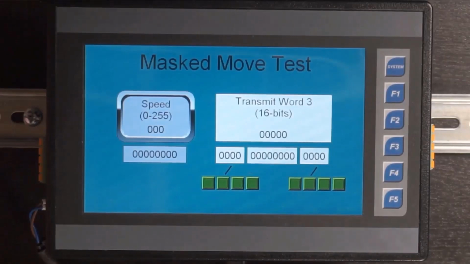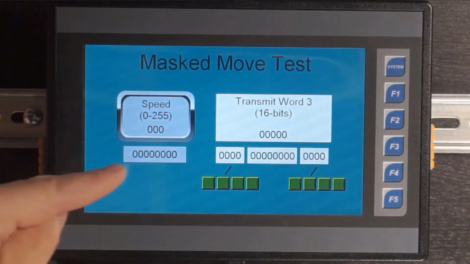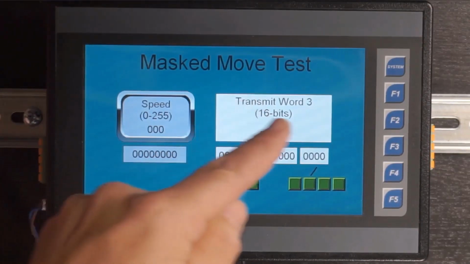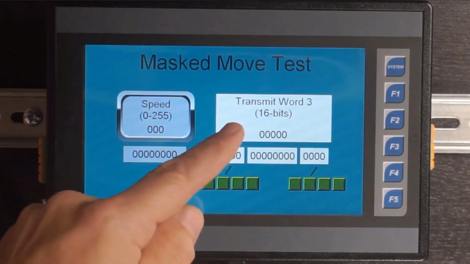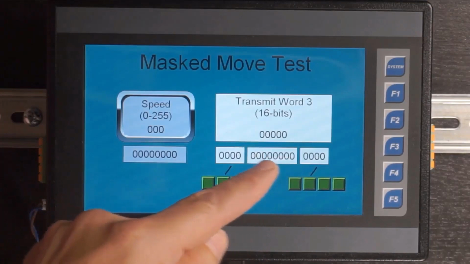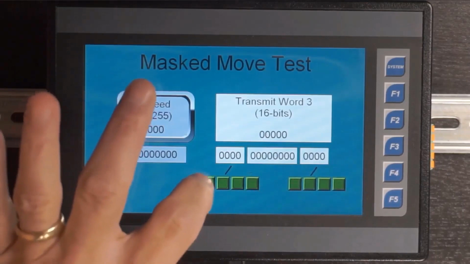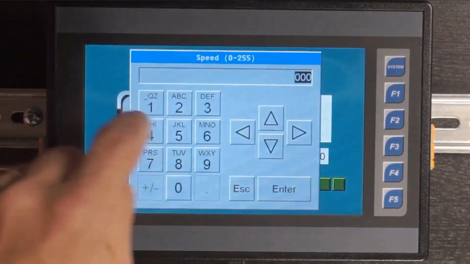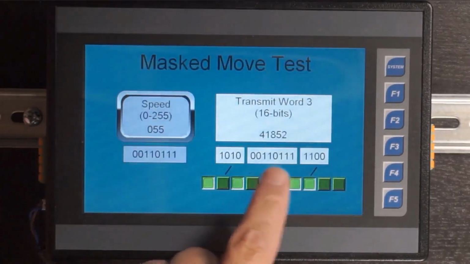Now we'll have a benchtop demonstration to see how the process works. We have the speed value ranging from 0 to 255, with the binary pattern displayed for convenience. The goal is to transmit a word over the network with the middle 8 bits representing the speed while leaving the top and bottom 8 bits untouched. To achieve this, we can set a bit pattern that remains constant, regardless of the speed value. We'll try a speed value of 55, and as we can see, the bit pattern matches the speed successfully, without